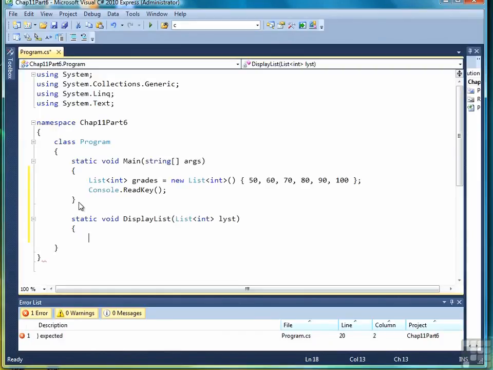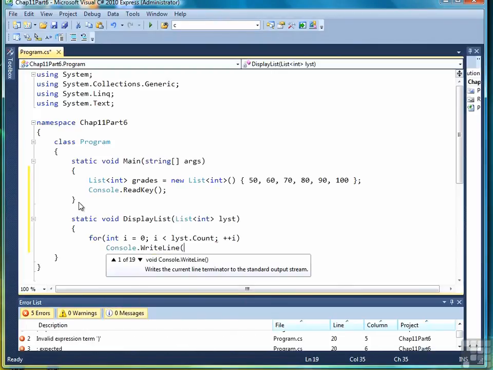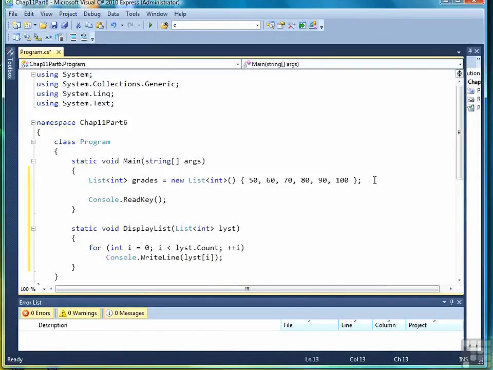So all we have to do is loop through the list as we're used to doing already. So we're going to go from 0 to less than count, and we'll do a console write line, although we wouldn't have to do it that way. List sub I, like so. So let's call this method